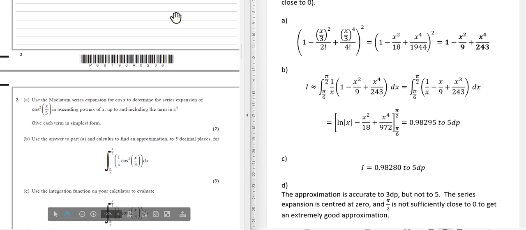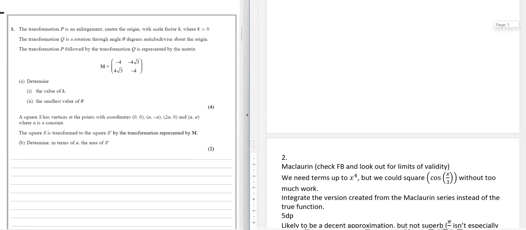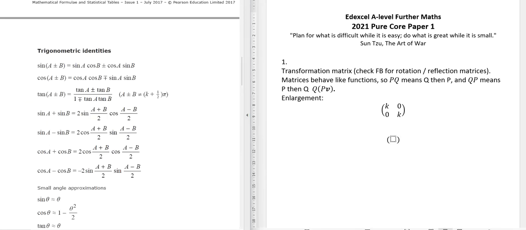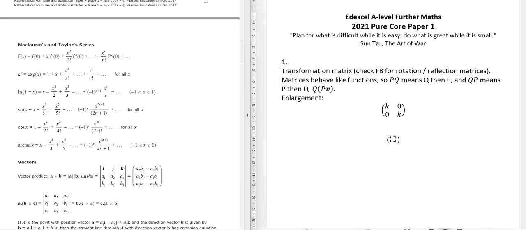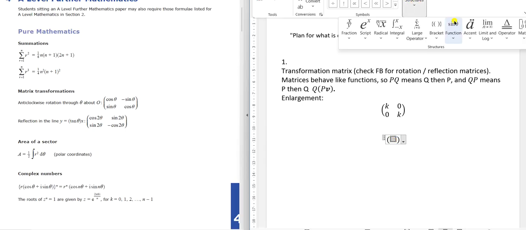Okay, I'm going to go back up to the matrices chapter that we saw at the beginning. I think that'll be a nice, easy one. Once you're getting bogged down in a paper, flicking back to a question you think will be a little more manageable is always a good idea. If we remember, the formula book for Further Maths has this anti-clockwise rotation matrix, which is worth jotting down for yourself at this point, because they're describing a rotation within